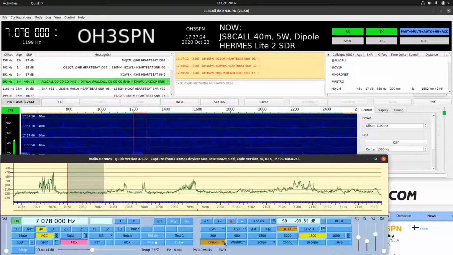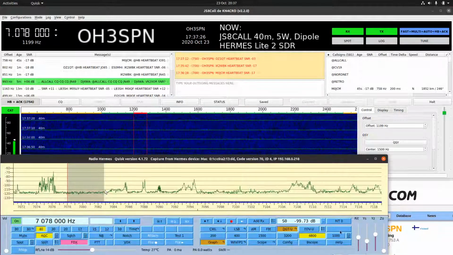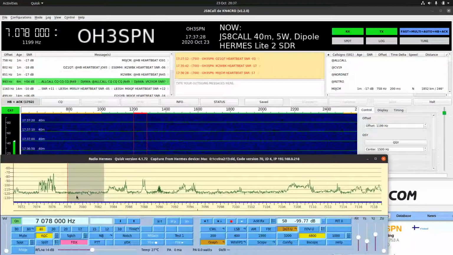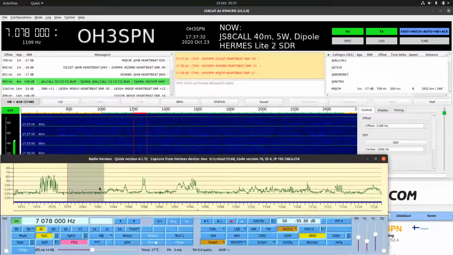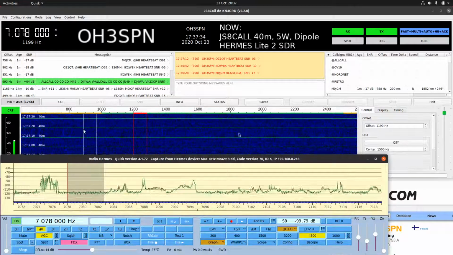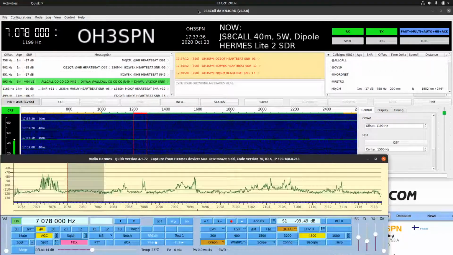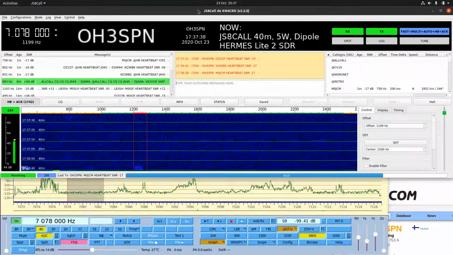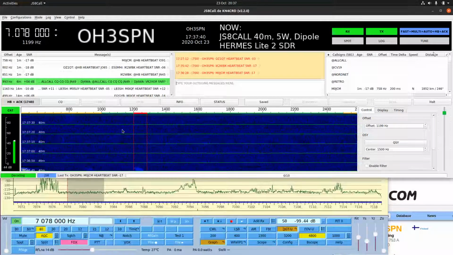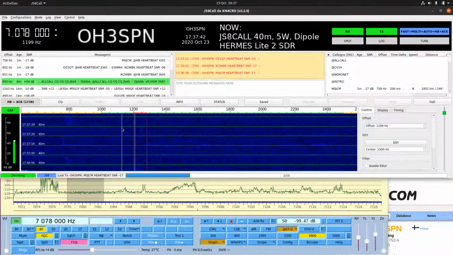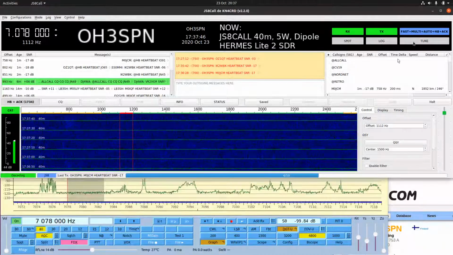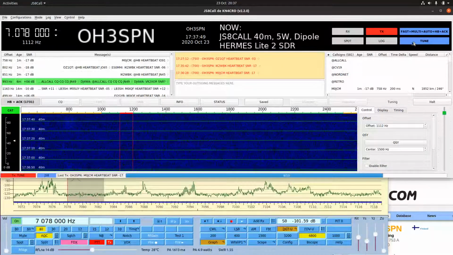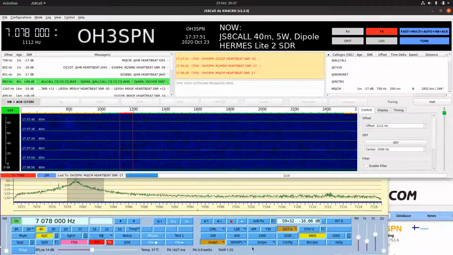So you see the spectrum on Quisk. I'm zoomed in partly here. This is the JS8Call spectrum, and you can see the same spectrum on the JS8Call client. So if I hit, I'll move off that frequency because someone else was just there. If I hit tune on JS8Call, you can see on Quisk,